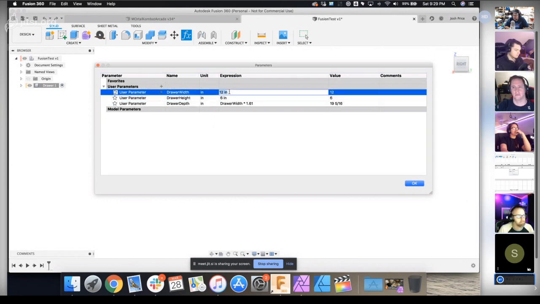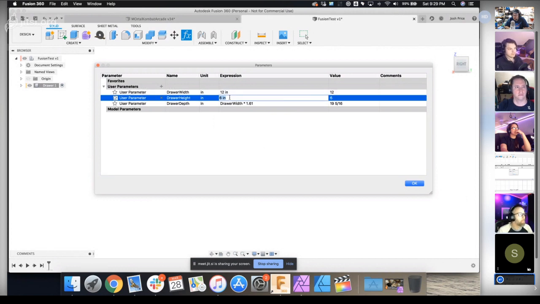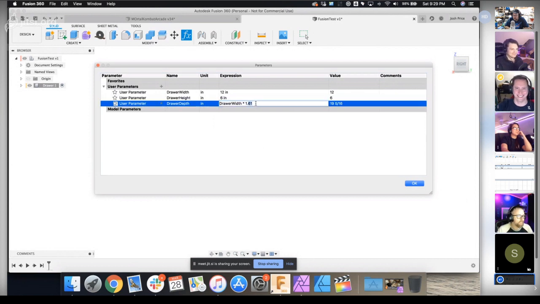So you can create functions all day. And so let's say the drawer height, I don't want it to be 6 inches. I want it to be 12.5 millimeters. Okay, you can do that too. It's really great. I was thinking of drawer height. 6 inches for drawer depth is silly. It's a really skinny drawer. So this was just to show you that you can mix units, you can create functions that are